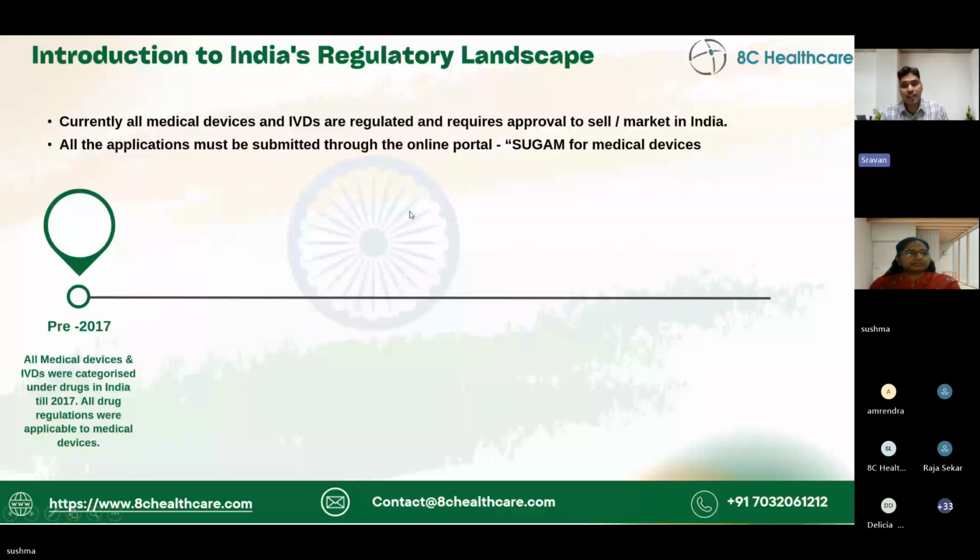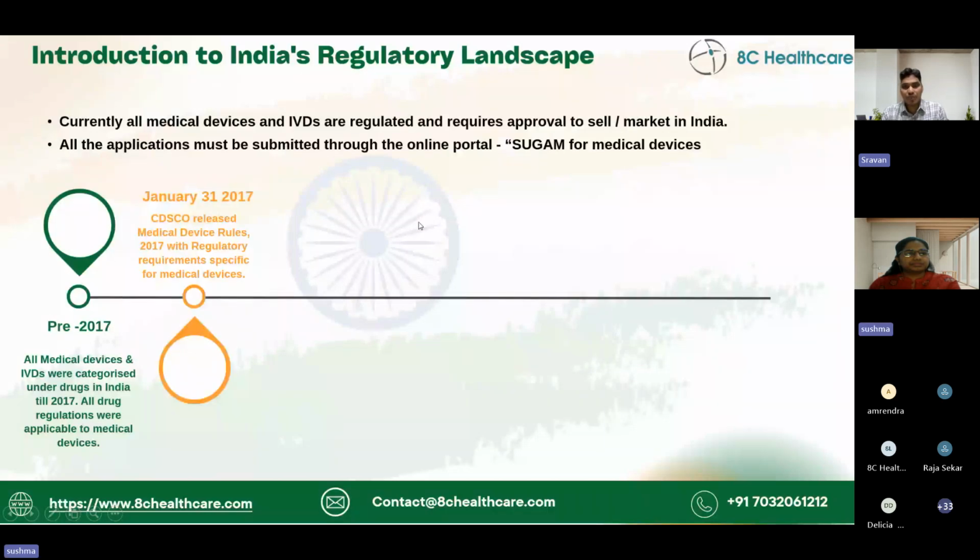Historically, medical device regulations often emerged as knee-jerk reactions to adverse incidents, a pattern seen in both the US and Europe. Similarly, India also initiated its medical device regulations following an incident related to the usage of stents at JJ Hospital, Mumbai, and a subsequent push from the Mumbai High Court led to the introduction of medical device regulations in 2006 under the Drugs and Cosmetics Act. Since then, India has progressively strengthened its regulatory framework,